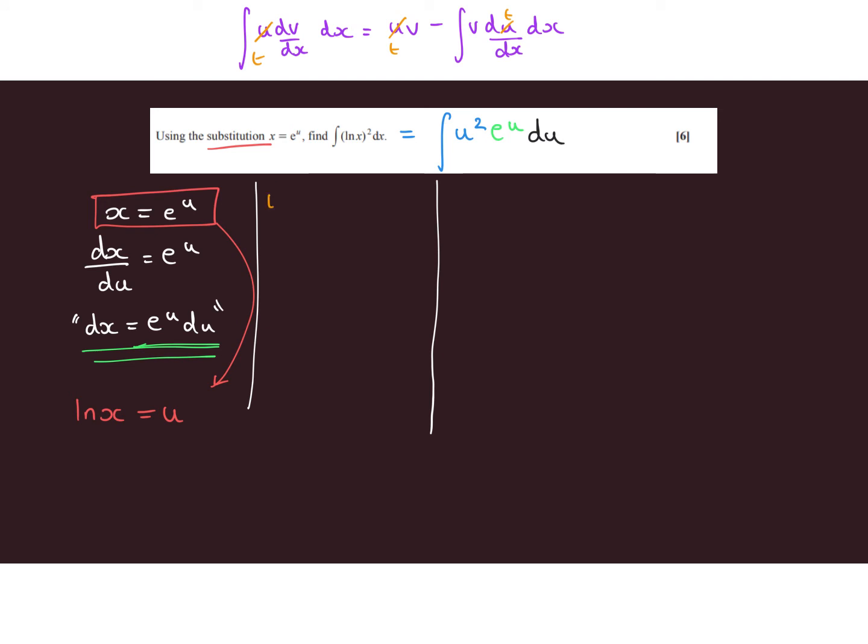So t is going to equal u squared, because when we differentiate that, dt by du becomes